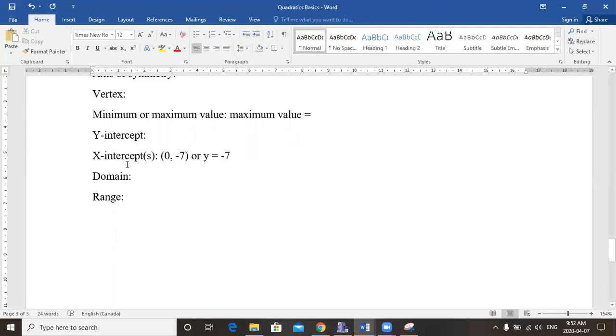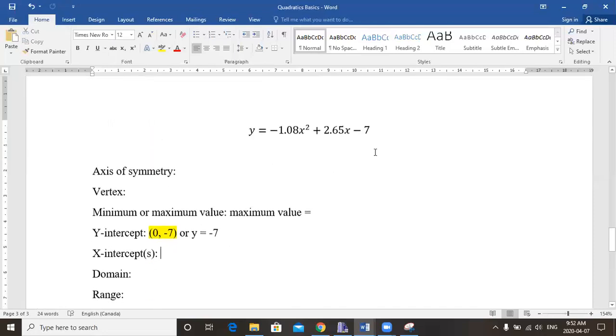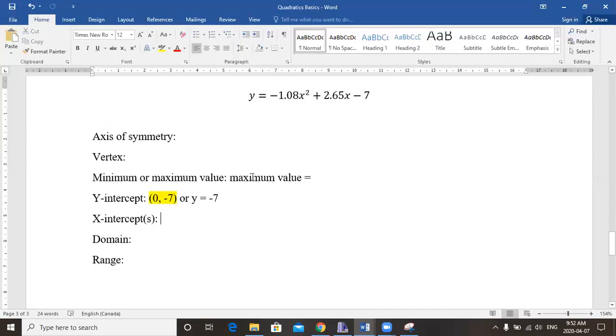There's two ways we can state the y-intercept. Typically, we will state it as a coordinate pair. Okay, so I haven't even graphed this yet, and we know that information. So we can get some information from the standard form, but what we're going to do is get this into